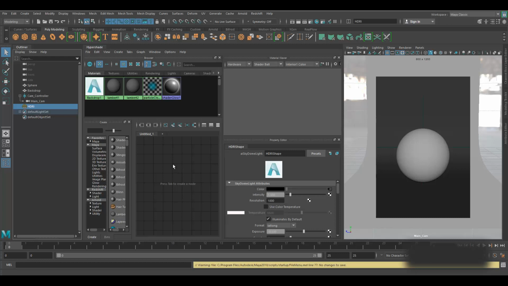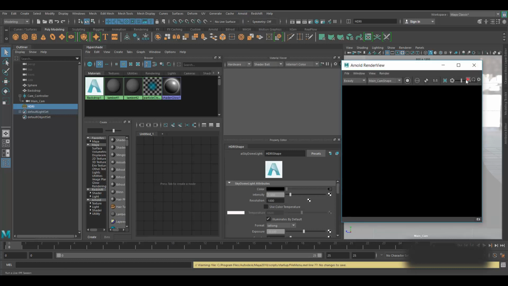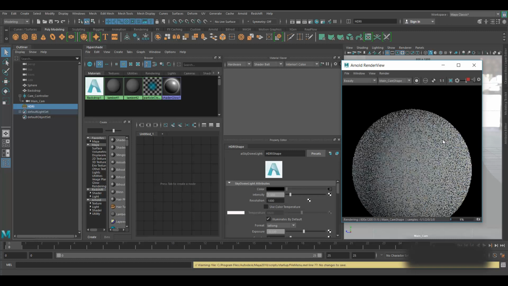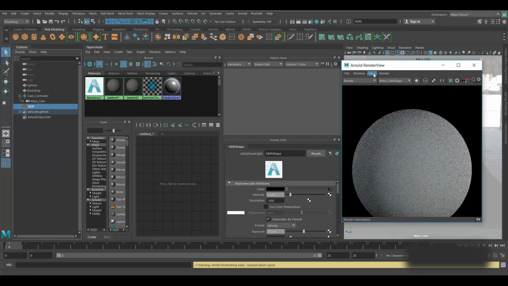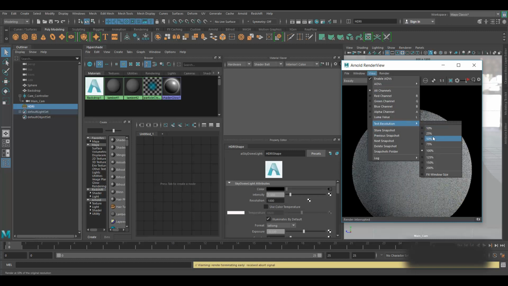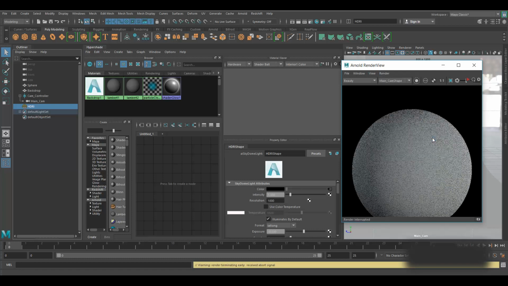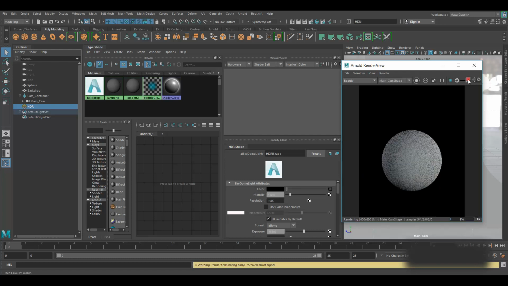Okay, so for the very basic, let's see how the render is looking right now. Let's click here. Because we need to see how the look is coming, just make it 50%. Go to the view, test resolution 50%. Again play. Yeah, that's fine. Next,